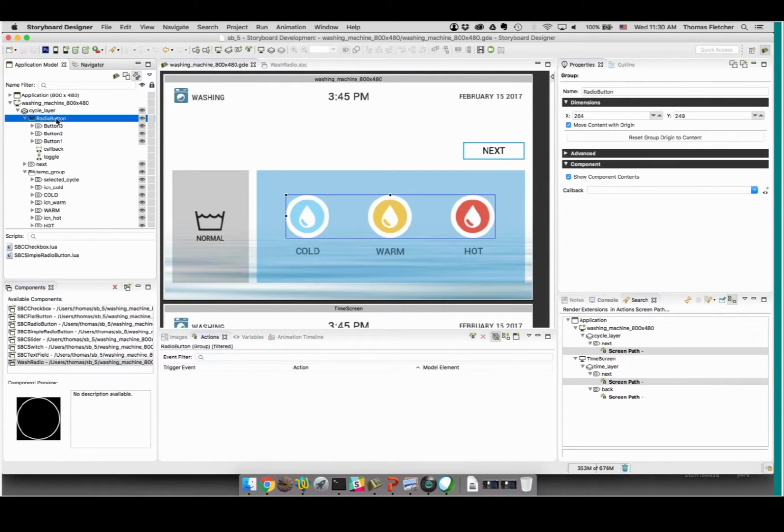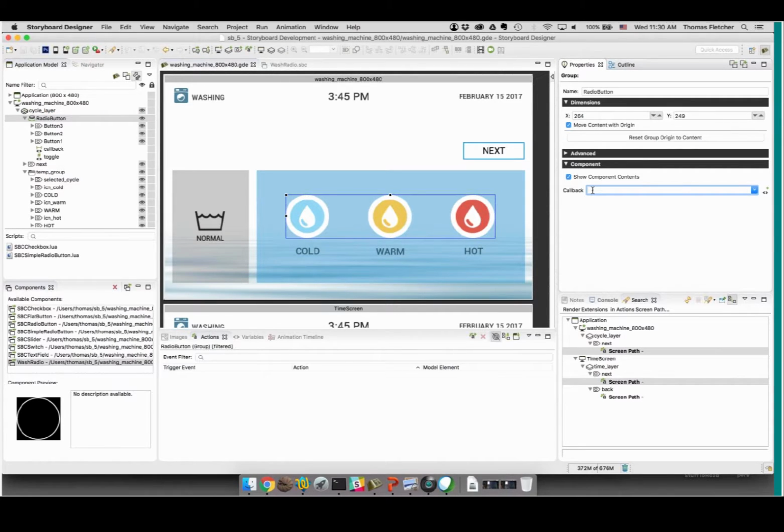Now, the thing about components, right, I mentioned that we had these callback functions. So with components, ideally what you're doing is you're abstracting away some logic behavior, something like a checkbox or a radio button or a slider, and you're saying, well, the UI management is in one place, and then I'd like to have my Lua management, for the actual action associated with the component, somewhere else. So in this case, I can select the component, and I can see that there's a callback